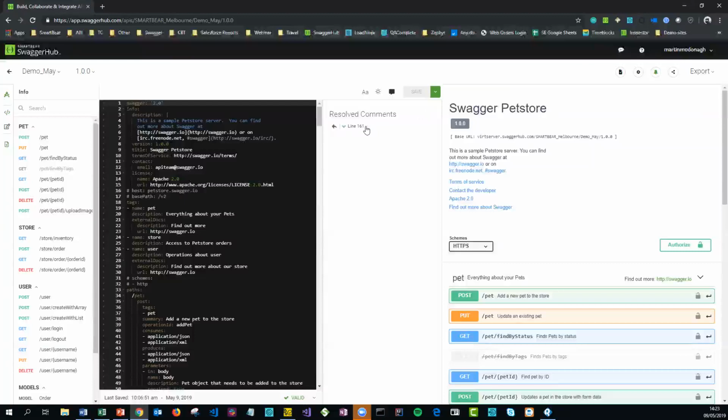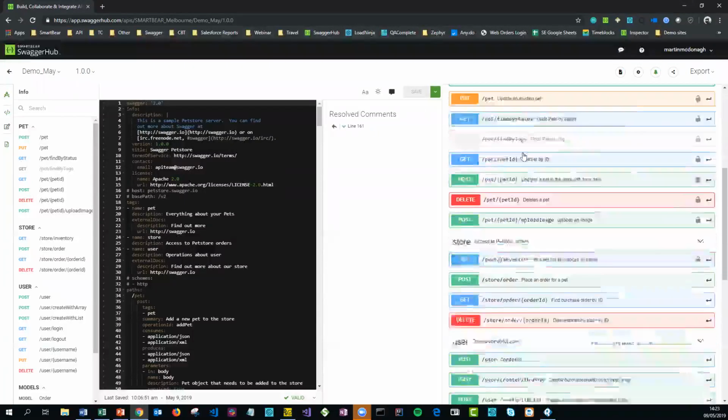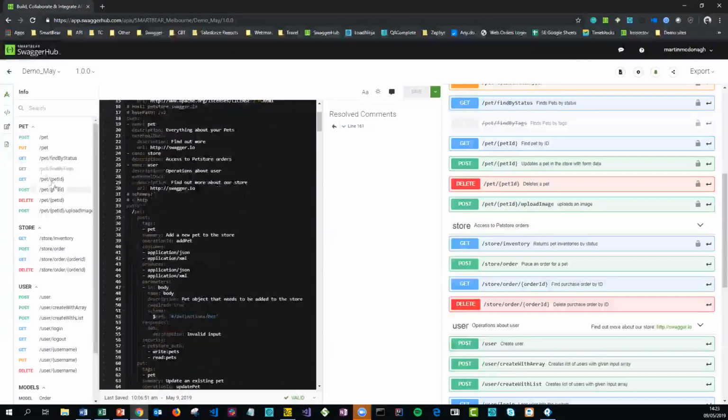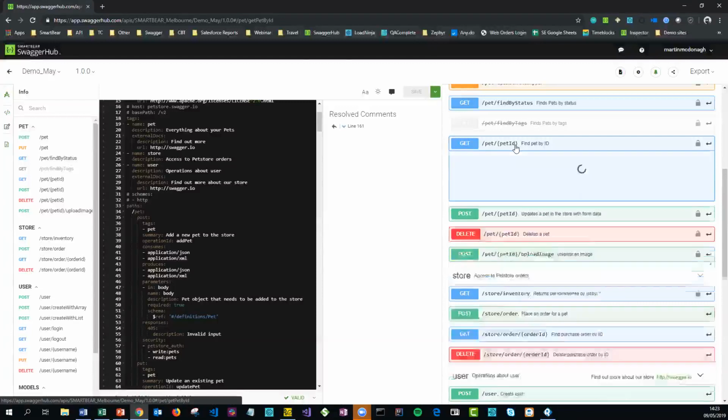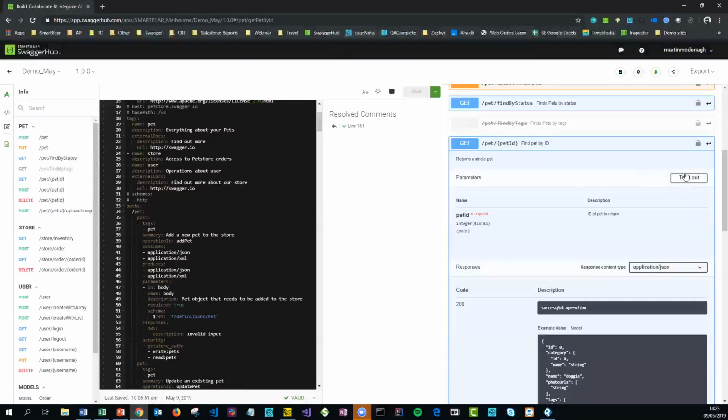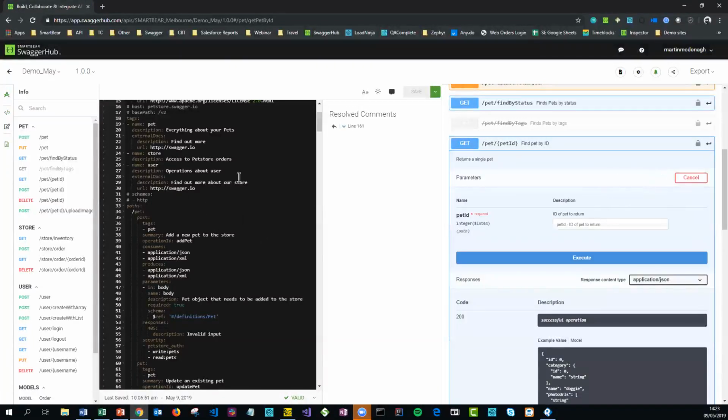Okay, so what we see on screen now is Swagger Hub, essentially. So this is going to allow us to view our documentation on the right-hand side. We have our spec here in the middle, and then we can also search for a specific resource path on the left-hand side. Now, what we can do when we talk about API auto mocking is if we look at this get pet by ID, we can go ahead and pass through a parameter that we've defined inside of our spec,